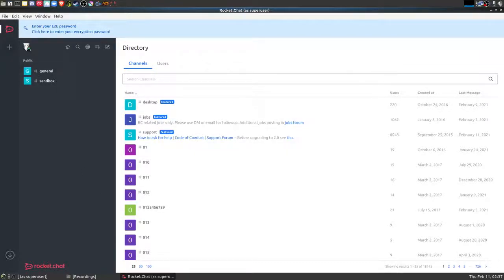One other thing. Your account is hosted on the server itself, so you have to make a new account for every server. That also means that your account isn't linked to a whole bunch of different things. Rocket Chat themselves cannot nuke your account. If you get banned from one server, it only bans you from that server. You still have your accounts on your other servers. It's fine. Also, you can have a completely different identity for every server.